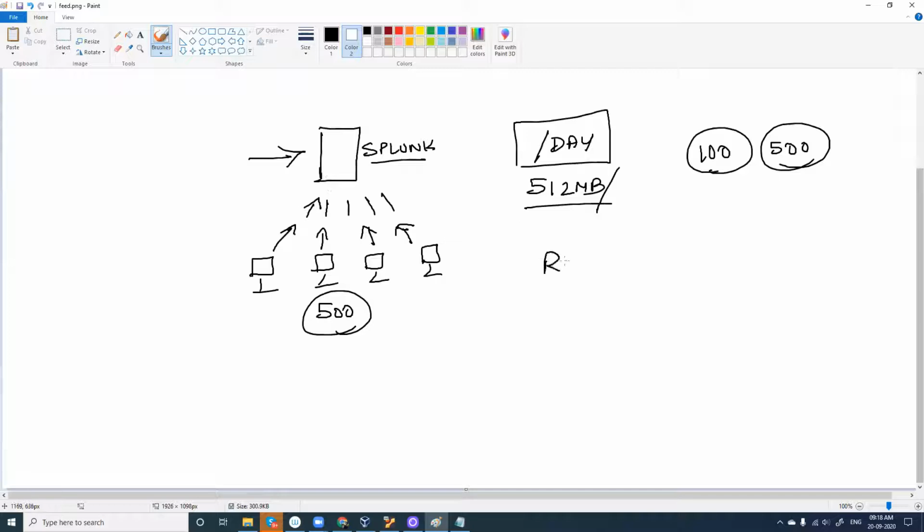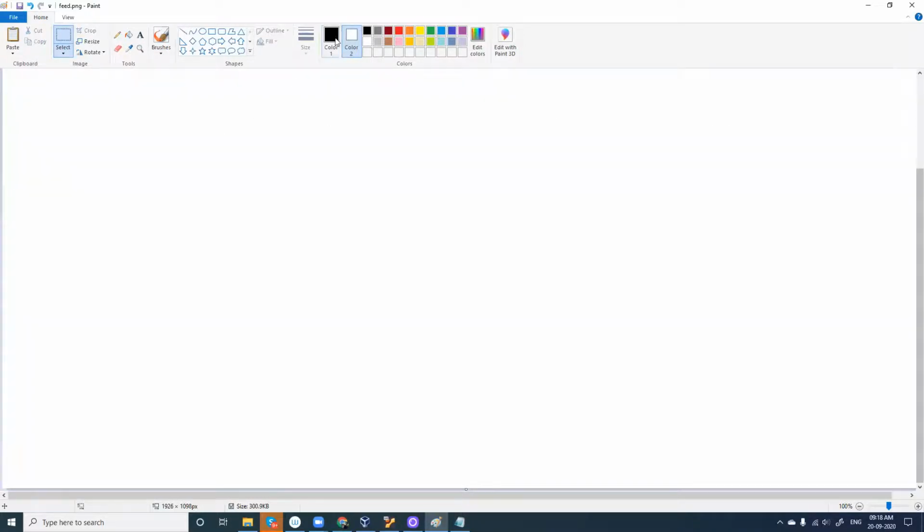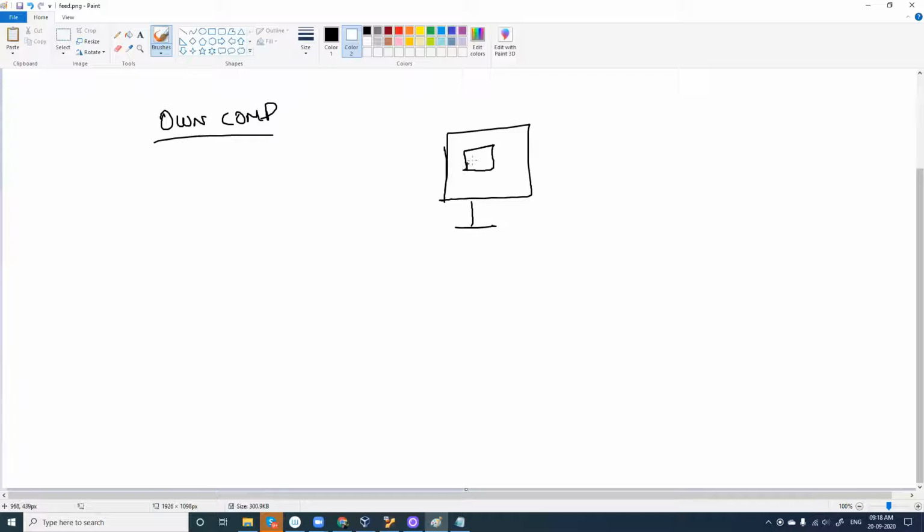So it can do real-time functionalities, real-time working. Also, you can use this if your intention of using Splunk is for your own computer. You have your own computer and you want to practice Splunk. What you can do is install Splunk on your computer as I have told, and you can import data of your own computer into Splunk, so that you can analyze what has happened to your computer, what logs there are. I'll show you for how long Splunk will be able to capture the logs, and how much data is available.